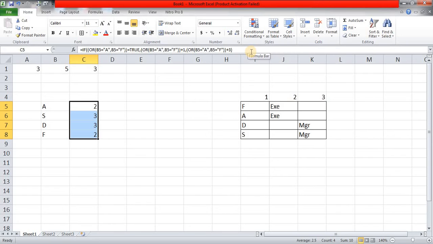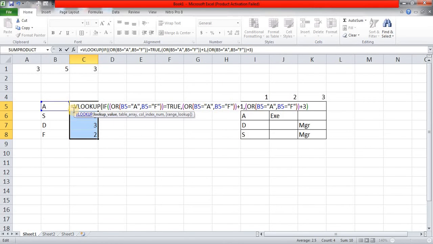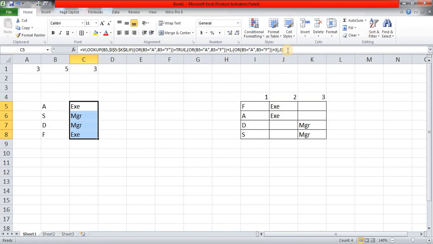So I have selected this range because I am going to use the relative cell reference feature of Excel. So we need not copy this entire thing again and again, and I am simply saying VLOOKUP tab. My lookup value is this. My lookup array is here, and I am pressing F4 to lock it, comma. Now the column index number is fetched by this IF OR combination, and because we want exact match, I am giving 0, completing the parenthesis, and Control Enter. Here it is.